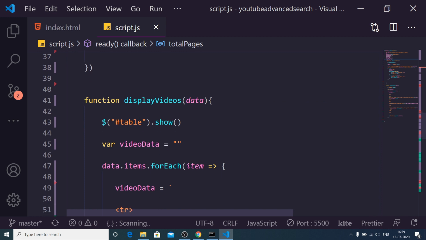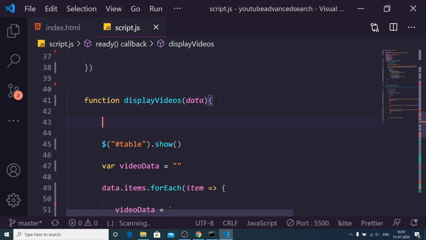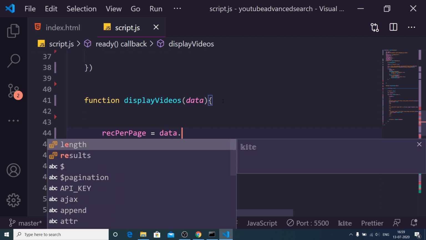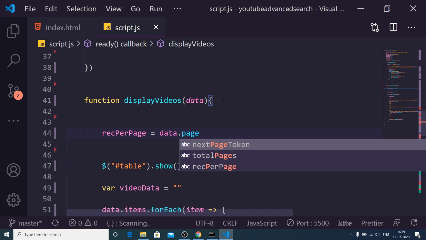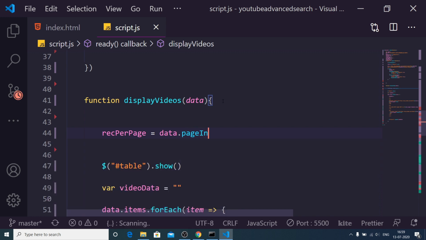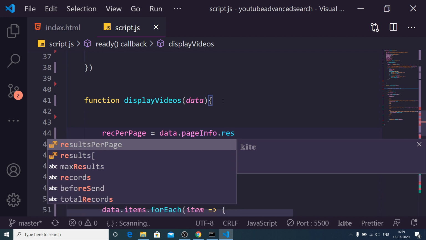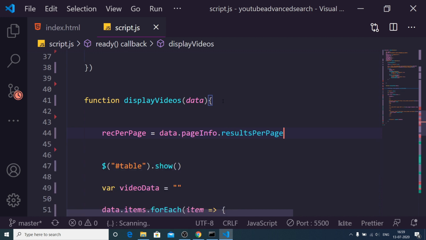So right here inside your display videos function, we need to write some code. The code will be very simple. First of all, we will calculate the records per page. This is calculated using the data which is coming back from the API, and there is a page info property inside this, data dot page info, and inside this there is a property which is results per page.